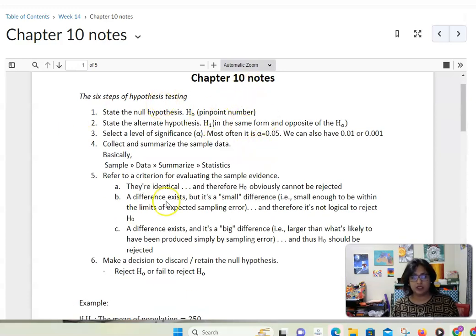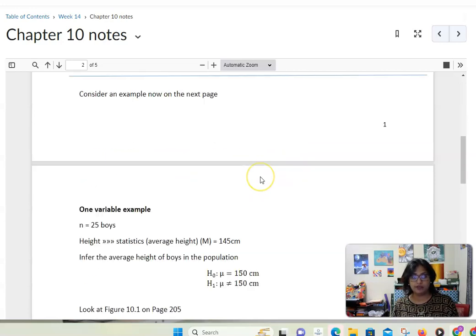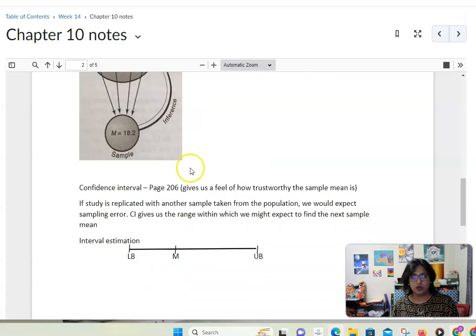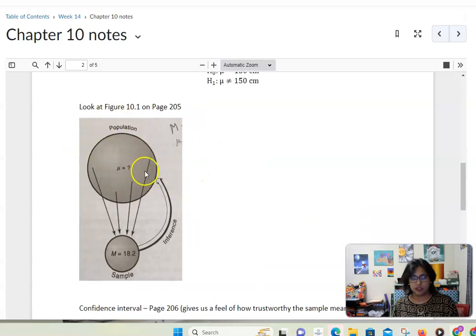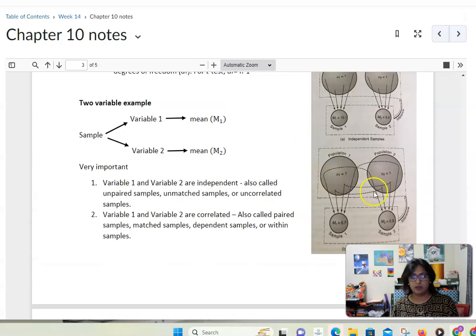So chapter 10 is a bit of a recap, or quite a bit of a recap, on the hypothesis testing that you've done, and it talks about making inferences to the population. Okay, and so all of this, remember the population is our parameter, and then we have our sample. So this gives you a little bit, and I pulled in images from the